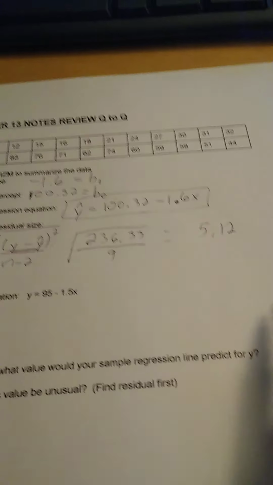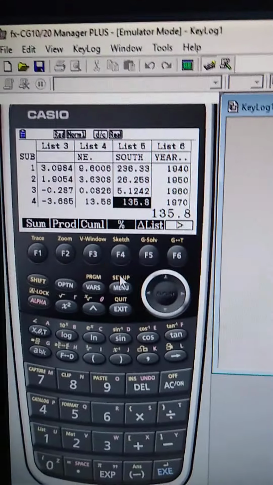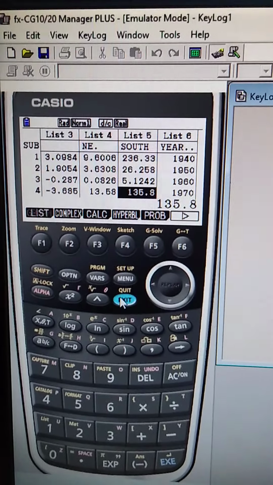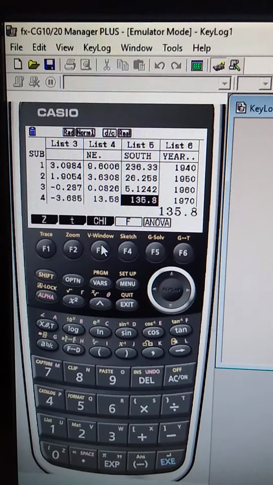So there's our typical residual size. Now, I'm going to show you another way to get all of this information very easily. Of course, there's always shortcuts. I think one or two of you figured this out earlier in the year. But if I go into test, and we're going to be using this test